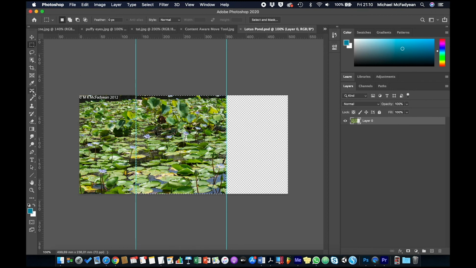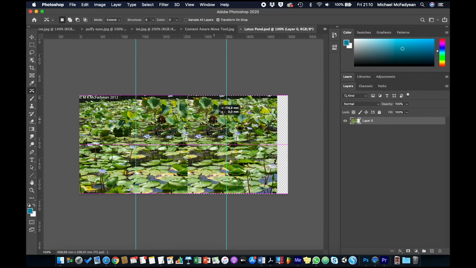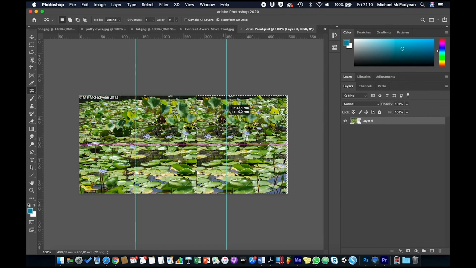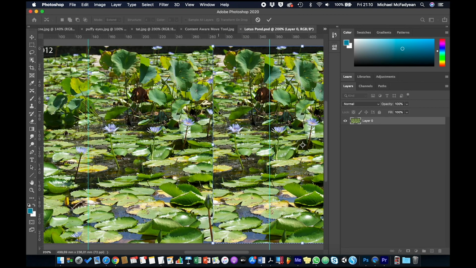Now I'm going to switch to the Content Aware Move tool, and I'm going to drag this, making sure it's on extend, drag it across. I'm holding Shift to constrain it to just horizontal until it snaps into the right hand side of the image. So there's this overlapping area here. Now if I zoom in a little bit, you can clearly see that there is an overlap here,